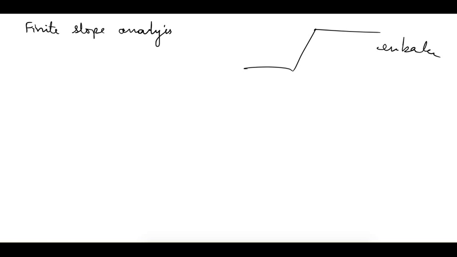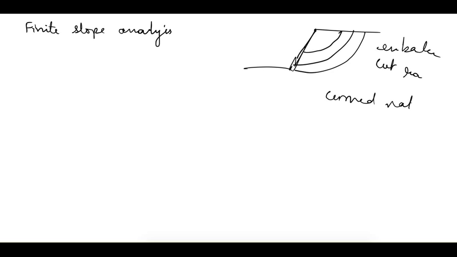Next is our finite slope analysis. If we are not talking about very large structures, which is generally the case, so if this is some small embankment or some cut in a railway or highway, this will not be very big, so this slope will be of finite nature, its length is not very large. So in that case, the slide or failure surface is of circular or curved nature in general.